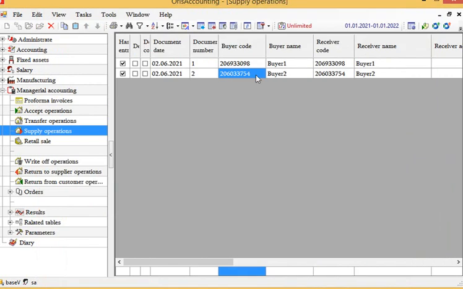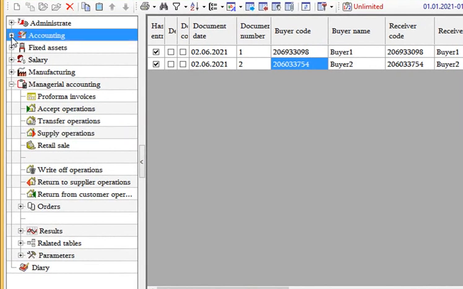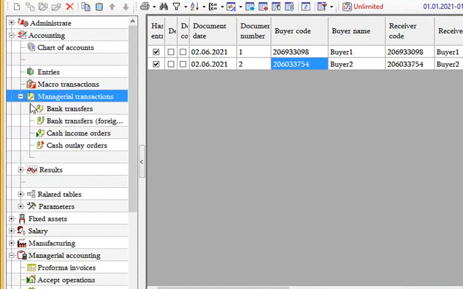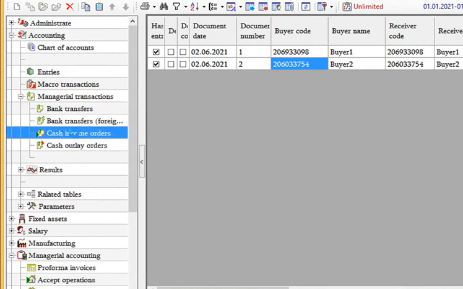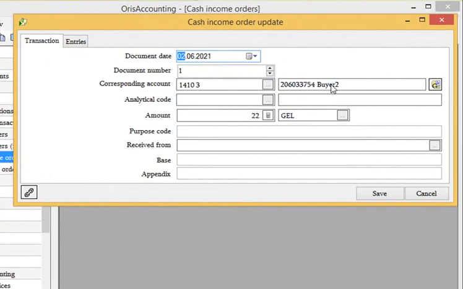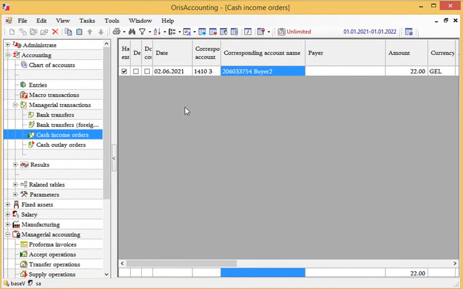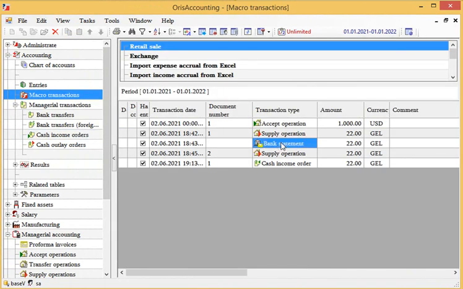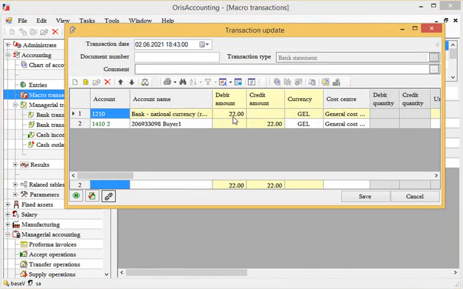And we can find corresponding payments for both of these supplies in the menu Accounting and Managerial Transactions. Payment by cash income order has been received from buyer 2. The amount of this payment is 22 jewelry, so this supply was fully covered. And also there is a payment by the macro transaction of a bank statement when 22 jewelry has been received